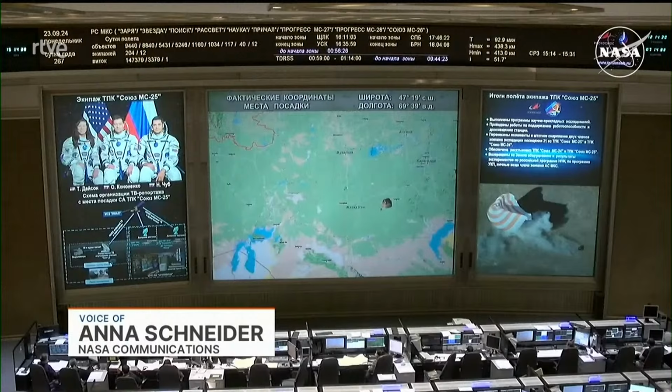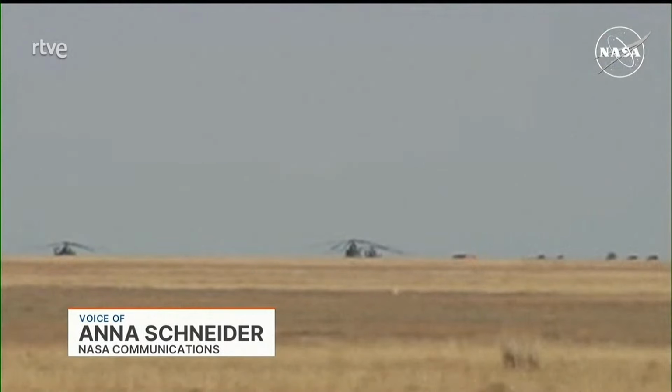Hey, yeah, Rob, it's great to hear from you here at the landing site. Our helicopter touched down just about 10 minutes ago. The Soyuz landed upright on the ground, and right now they're putting the stand around it. Lots of activity going on. It's a pretty clear, picturesque day for landing here. Clear sky, gentle breeze, temperatures in the 70s or so, and the sun is slowly starting to set on the desert